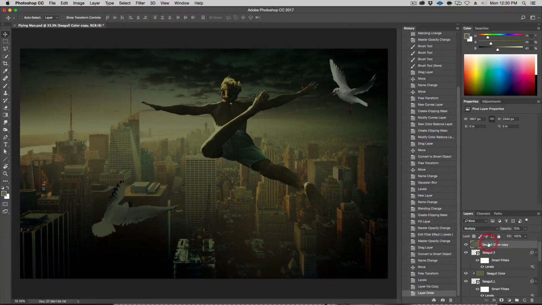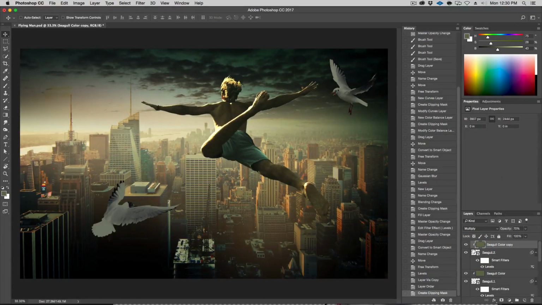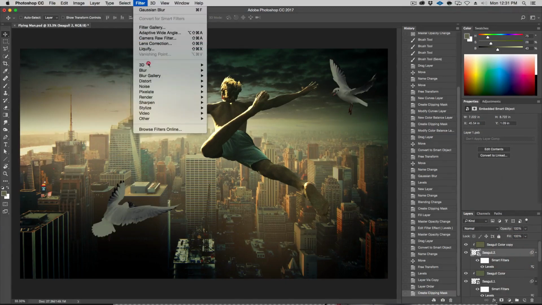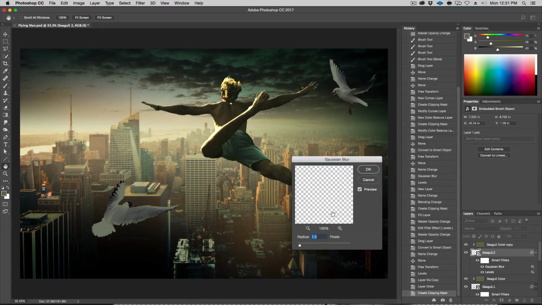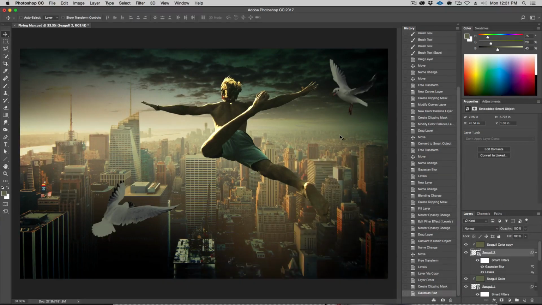Bring it up above here, and then hold down the Alt key, and make a mask. And there we go. Now we have that same color effect that we have on this one. See before and after. So that's pretty cool. The edge could use a little love, so I'm going to go ahead and blur him a little bit. Here, Gaussian blur. And this guy I'm actually going to do 2 because I feel like he's a little further away. Maybe a little more, 1.5. Let's do 1.5. Something like that.